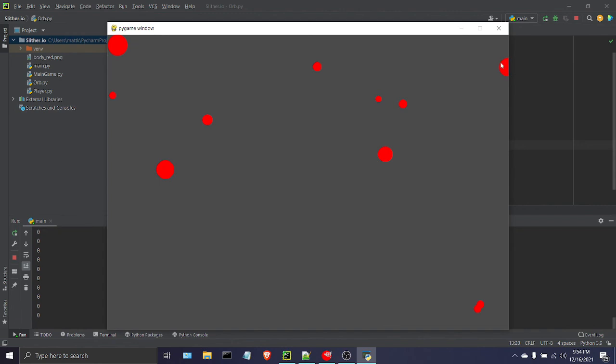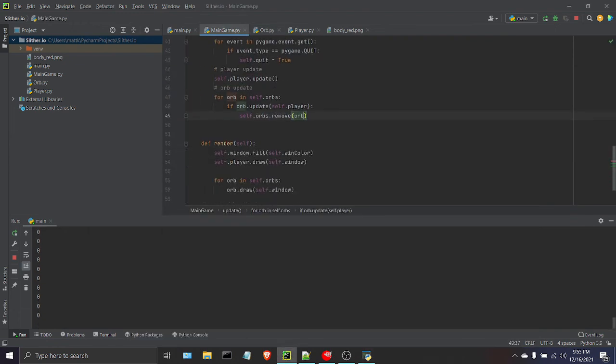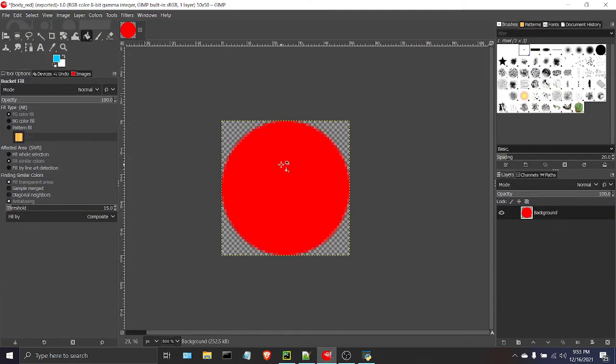Alright, I wanted to point something out right here. Notice how this orb technically did spawn in on the screen, but half of it is hanging off. And that seems to be outside of what I wanted it to do, because I said the orb should spawn anywhere between 0 and the width of the screen for the X, and 0 and the height of the screen for the Y. But again, keep in mind, the position for Pygame is right here in this top left corner,